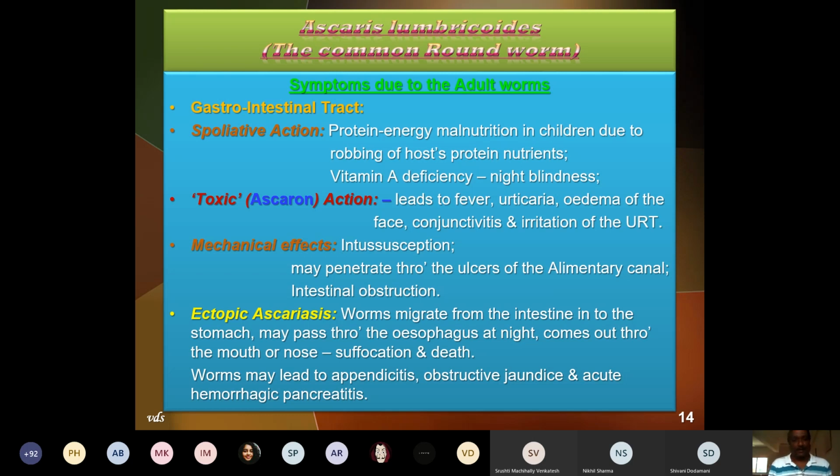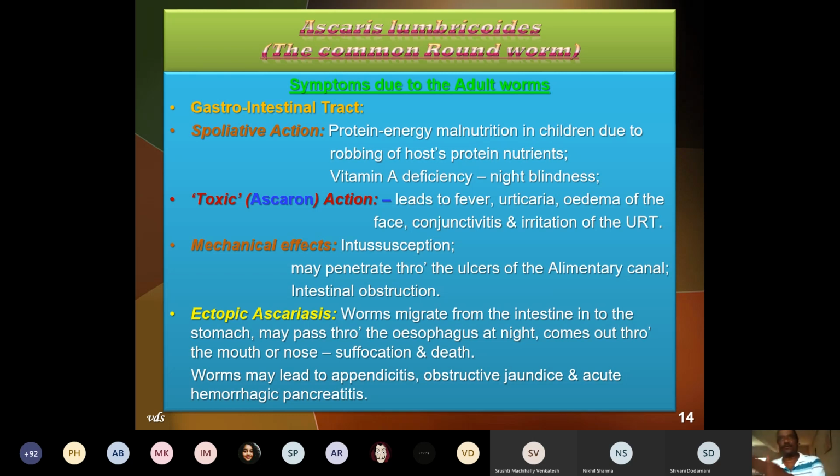Then, ectopic ascaris. Third is obstruction of the intestine, a very important feature, because with Ascaris, if hundreds of worms in the child's intestine get entangled together, it forms a bolus, which will obstruct the small intestine. And this obstruction of the intestine is very, very dangerous. In that case, it may even lead to death of the patient. So, intestinal obstruction may also be seen because of the entangled mass of the Ascaris.